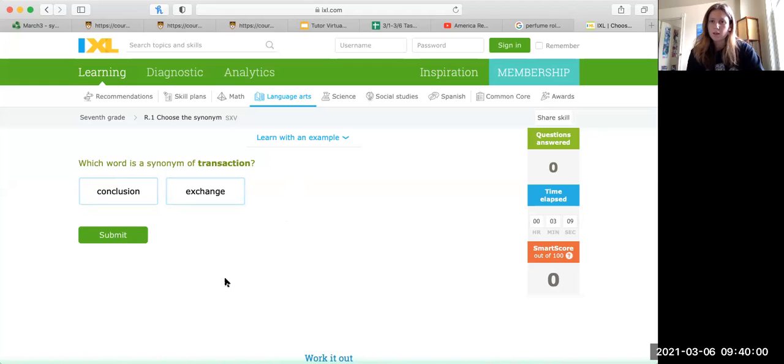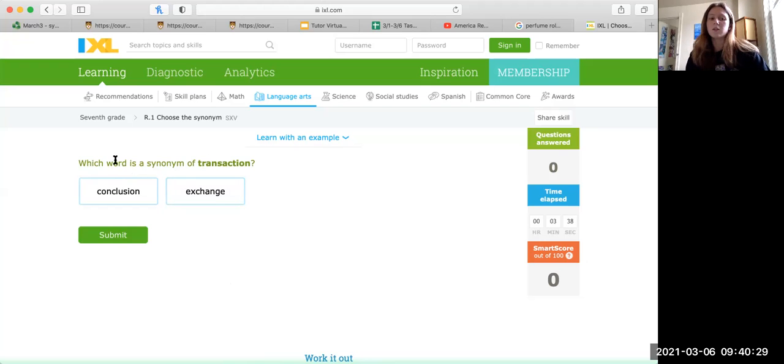If we give an example of this, maybe a synonym to the word nice might be the word kind, because they both mean relatively the same thing. So words that mean almost the same thing would be synonyms. I hope that makes sense, and let's get started on some examples, and I think that will help.